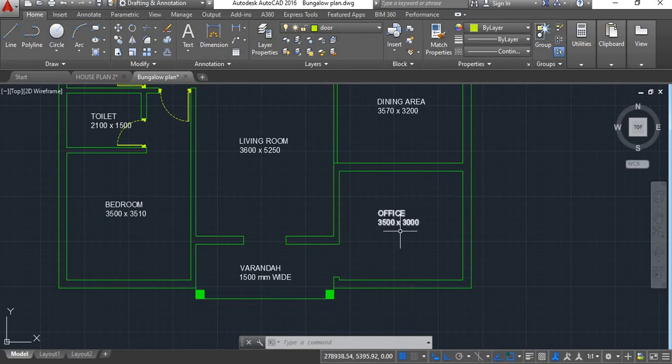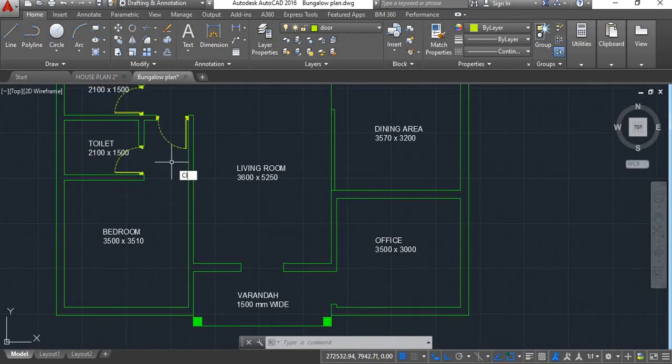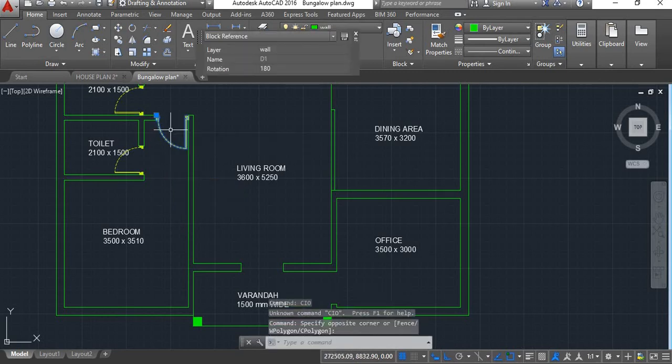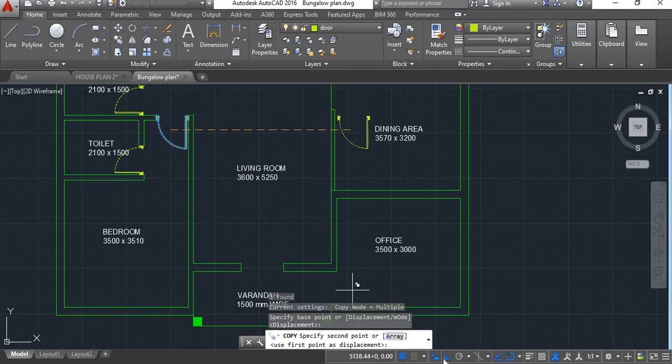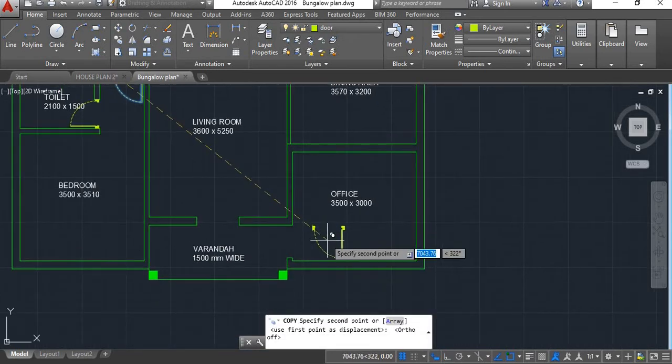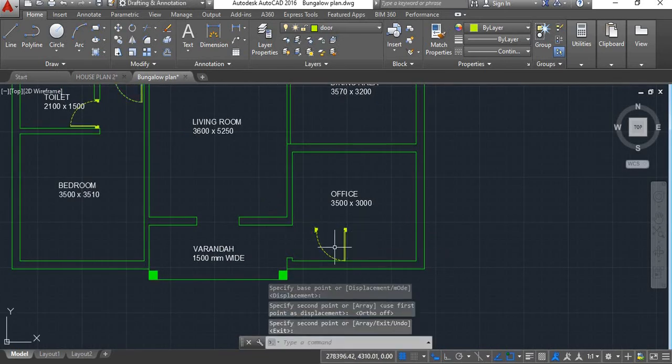Now here there is an office room. For that we'll provide the door provided for bedroom. So we'll copy this. Rotate it.